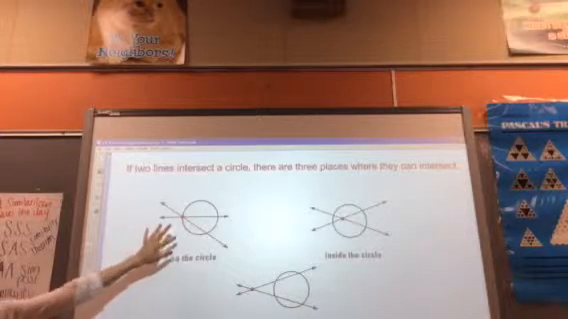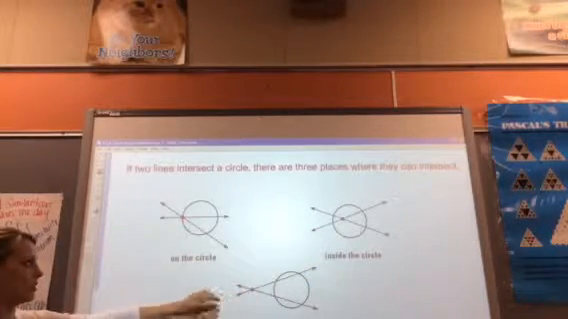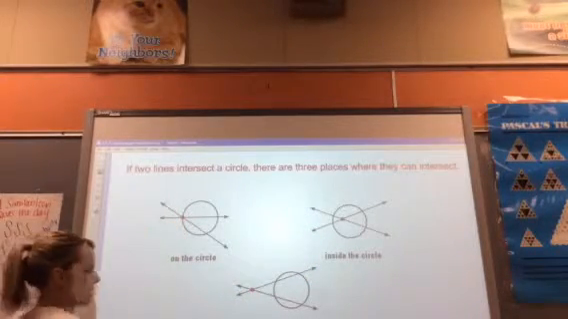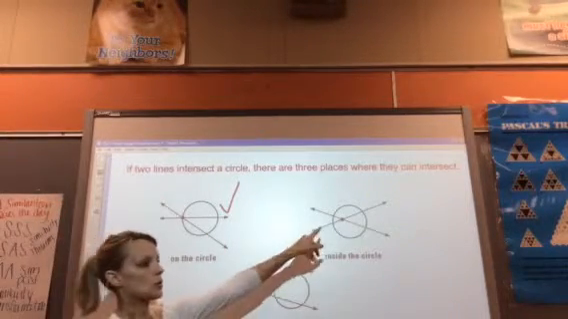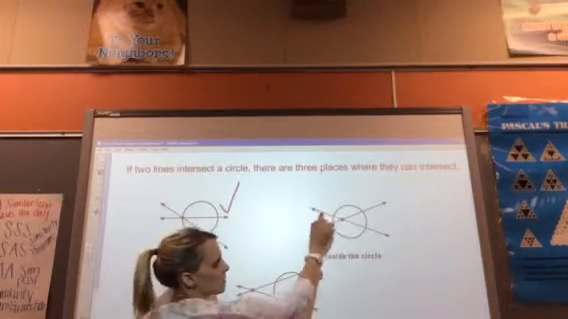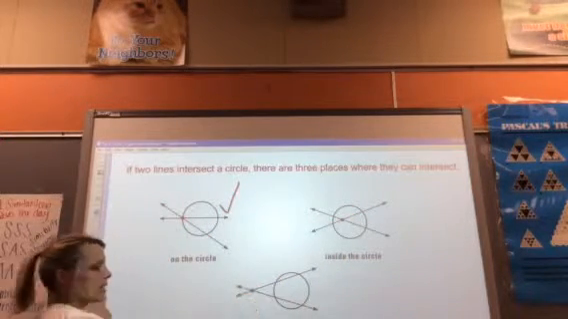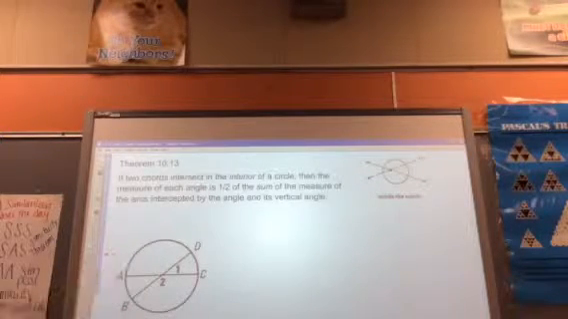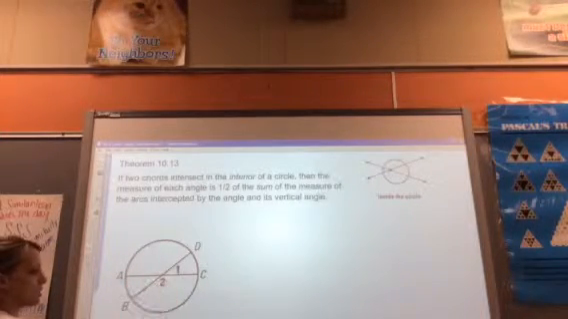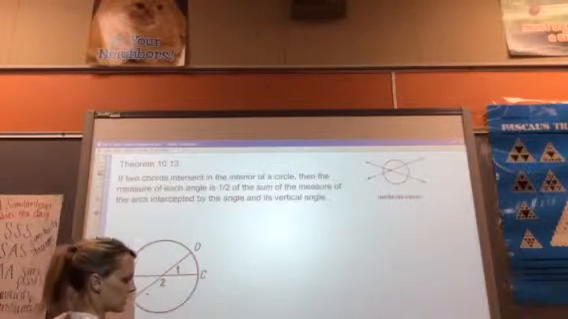So we have 3 different places where 2 lines can intersect on a circle. One of them is on the circle, which we've already discussed. Next, we're going to talk about the relationship if your lines intersect inside the circle, and then last, if they intersect outside the circle. So these intersect inside your circle. So for two lines that intersect inside,